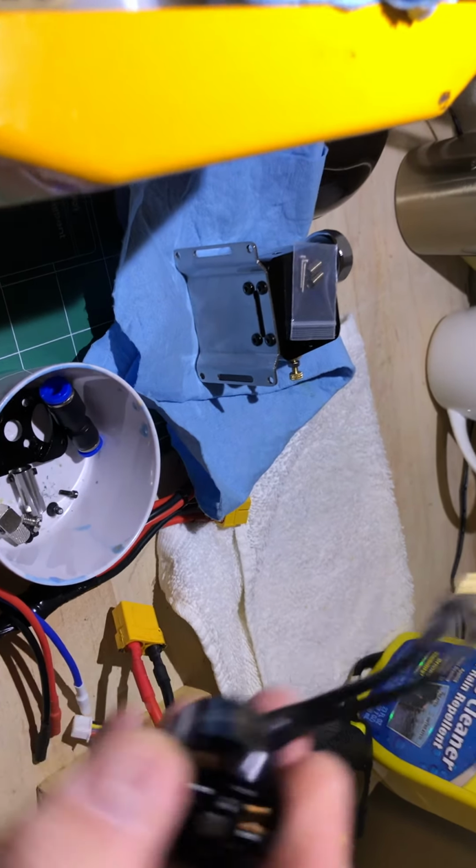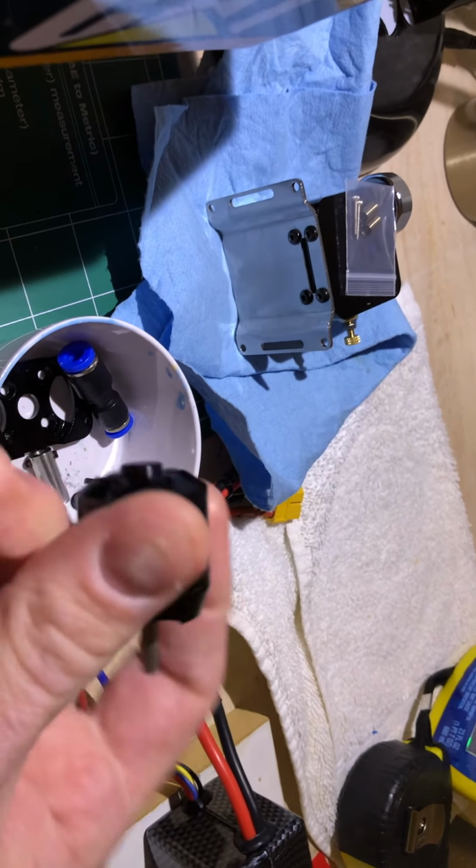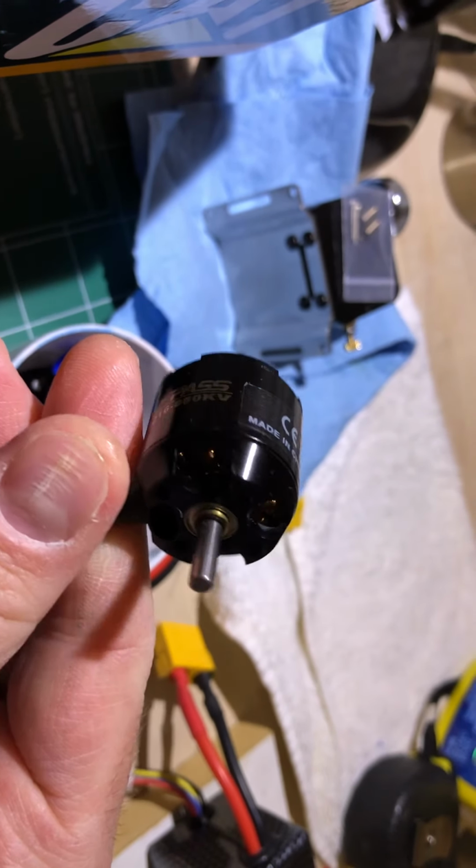The problem is I had a motor that was just way too weak to actually handle it. So, new stuff should come in soon. The speed controller's coming in a couple days. The motor is taking a little bit longer to get in here, but